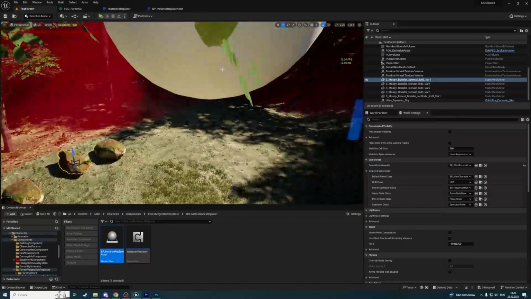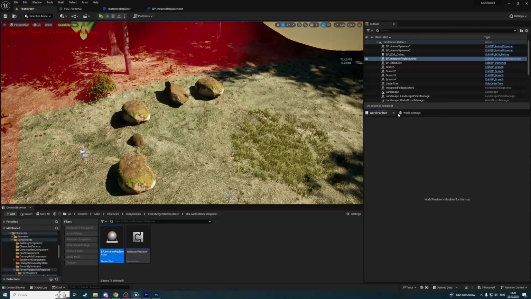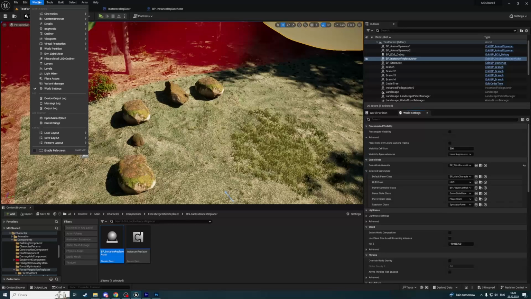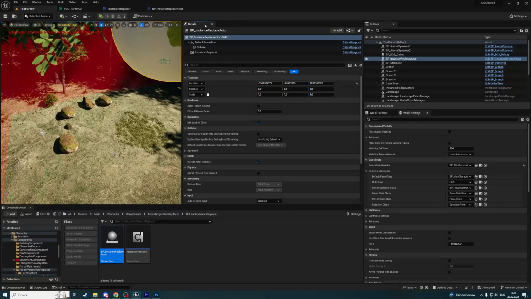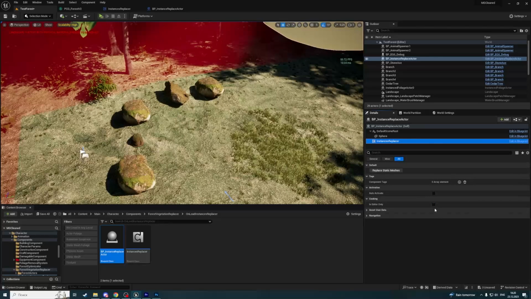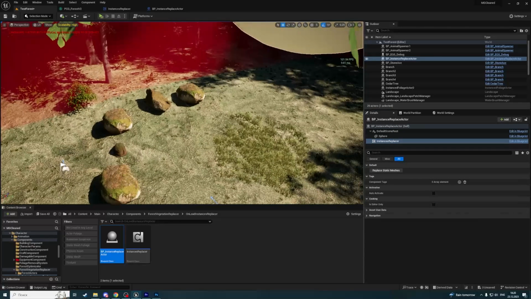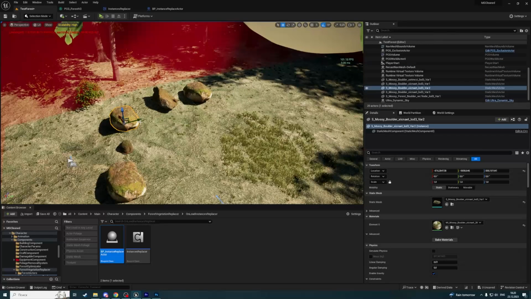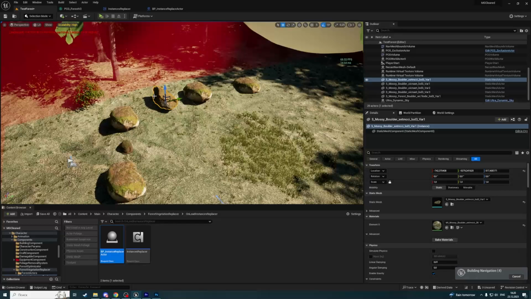Now we can select our actor. I've closed the details window, so let me open it. I think that's this one. Yes. Okay, here it is, and I'm gonna select an instance replacer, and we have a function replace static meshes. Let's click on it, and now let me move the static meshes, and